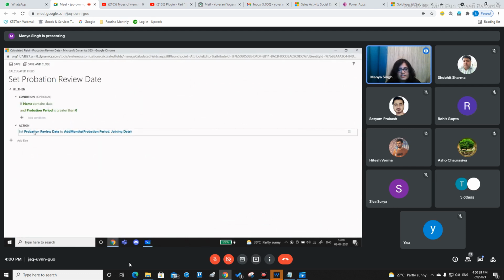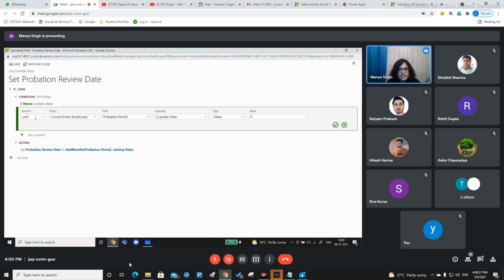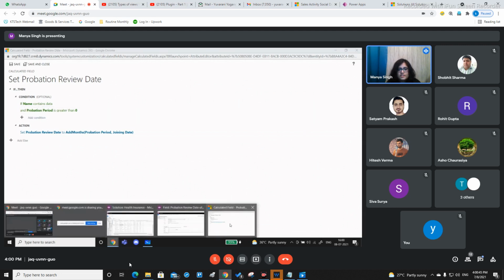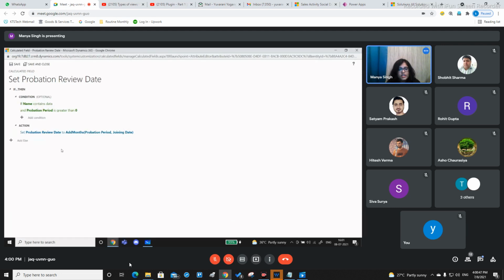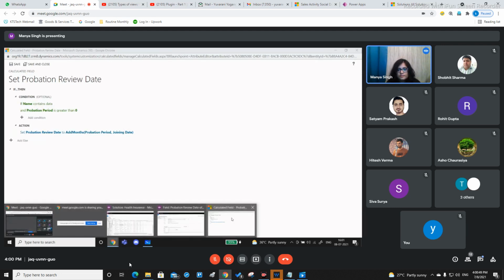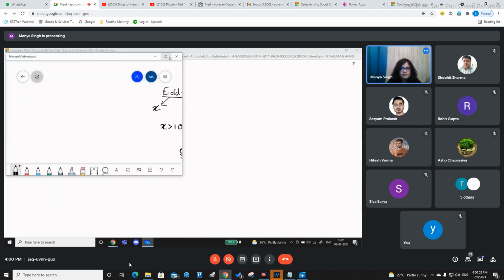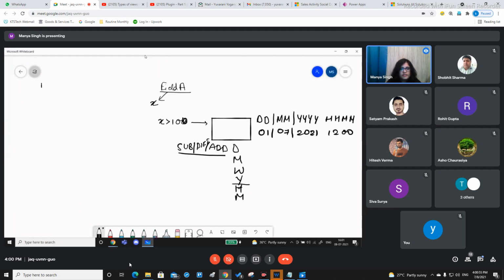Whereas if I keep the setting here as or, if the condition connecting these statements is or, then either name contains data or the probation period is greater than 0. Basically say you have 10 records, 10 employees.